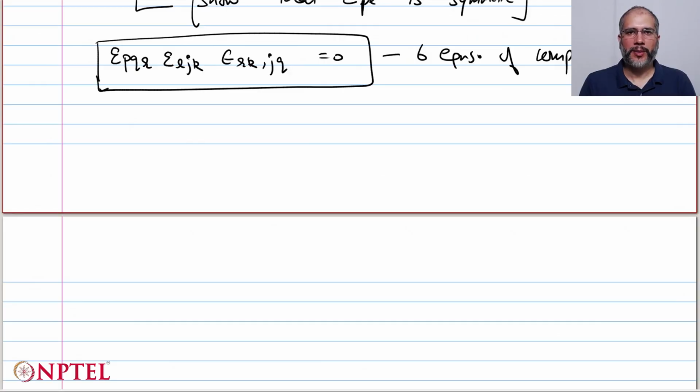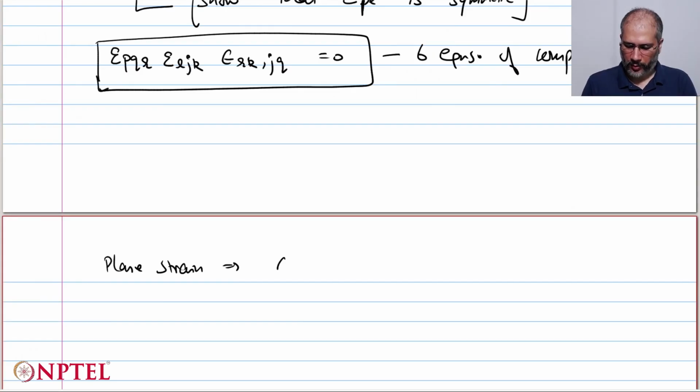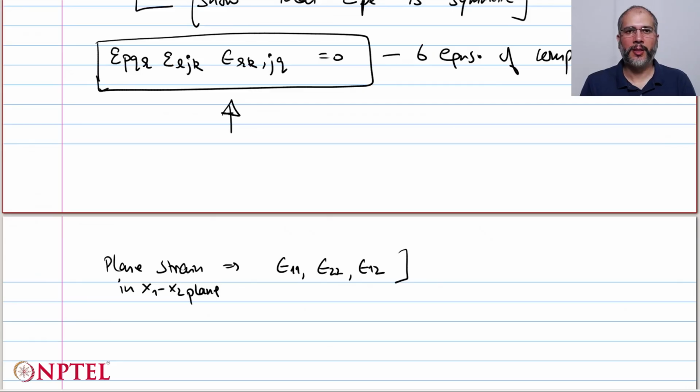What I'll do is I will just show you how to get one of the equations. In fact, let us say we are dealing with a plane strain situation. In that case, you only have epsilon 1 1, epsilon 2 2 and epsilon 1 2 as the 3 non-zero epsilons. So it's only one compatibility equation that is required, and just for the sake of an exercise, I will now demonstrate how we get this equation of compatibility between these 3 terms using this equation which contains all the 6